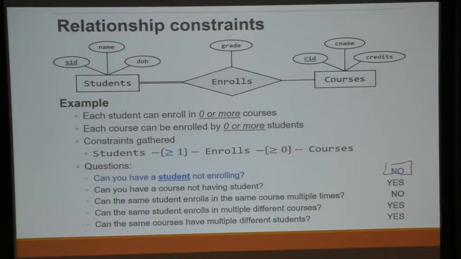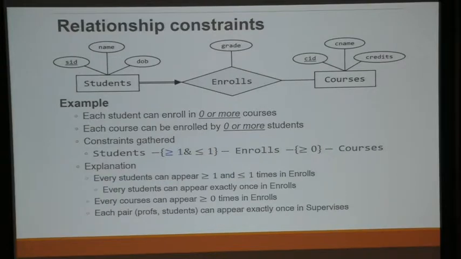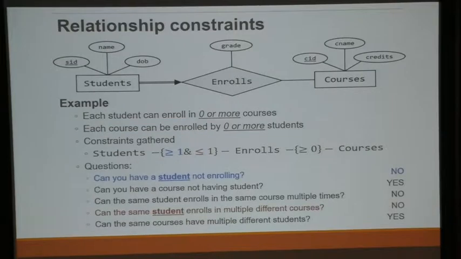So this way, we can actually generalize this to the ternary. But before that, let's look at the total and participation constraint. You have both of them here. What it means is the relevant questions both become no. The orange is for the key constraint. The blue is for the total participation constraint.